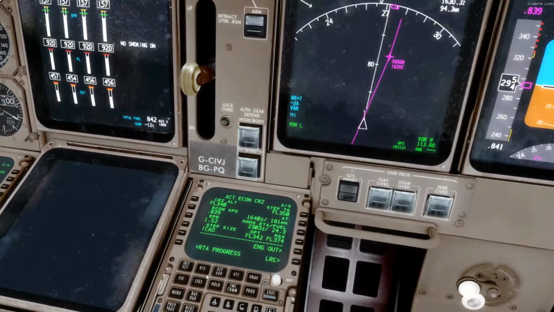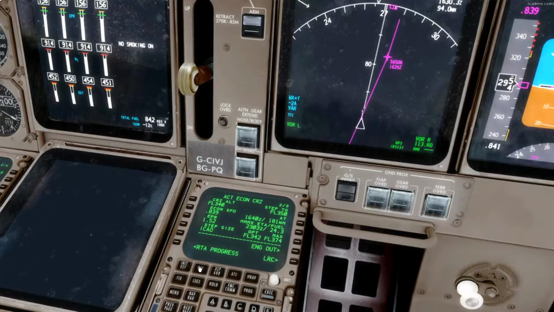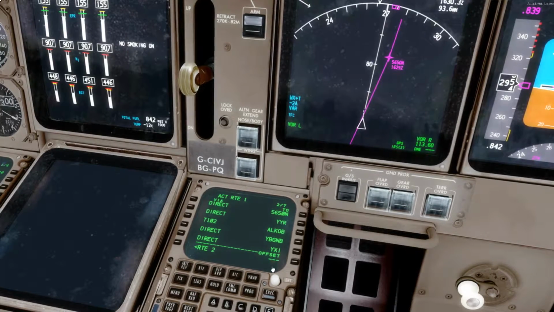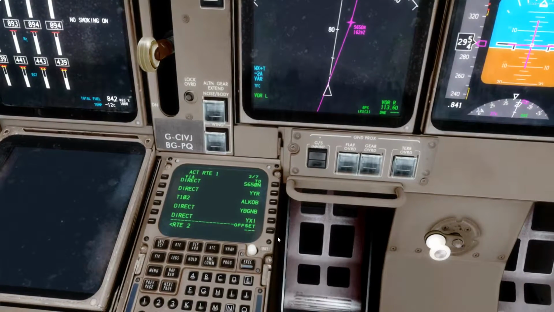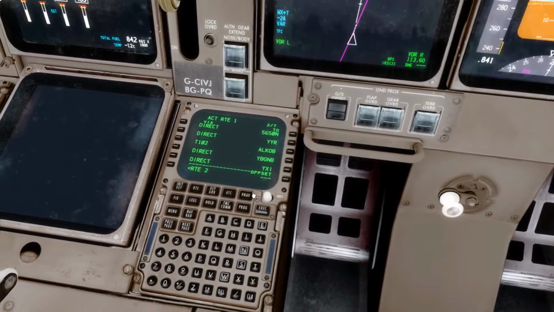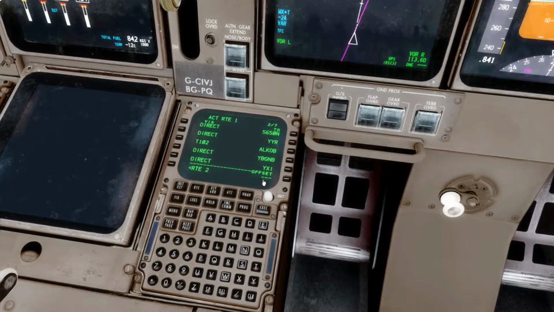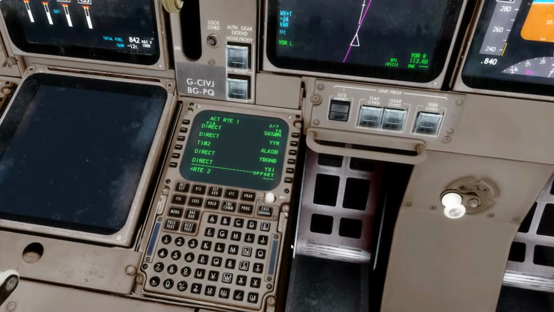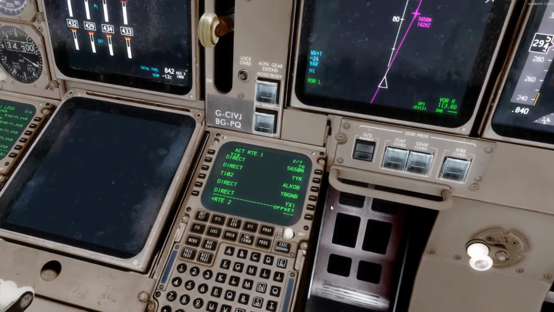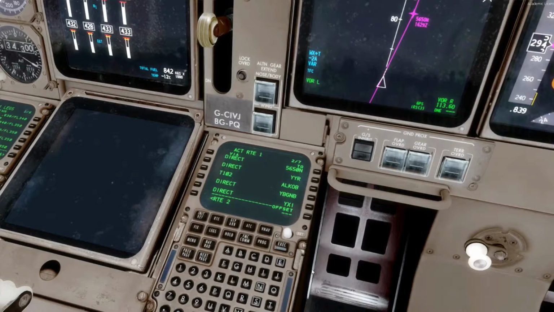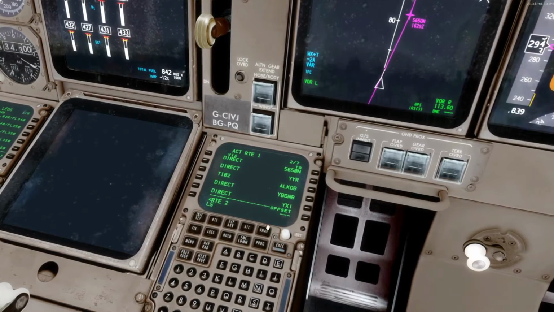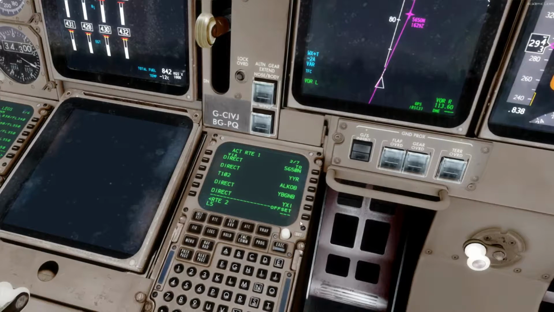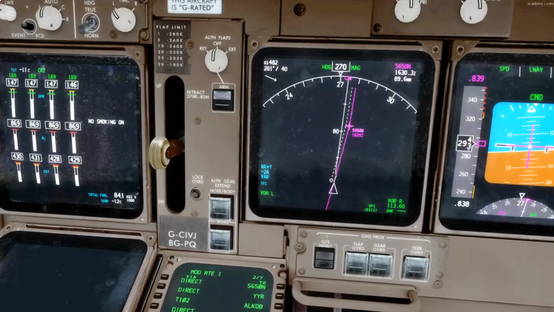We go down to the FMC, we go to the route page, RTE, just here. And on the right hand side, line select key 6 on the right, you'll see offset with 3 dashes, indicating that there's space for letters and numbers. So left 5 miles is what we agreed, that's what ATC have cleared us to do. So what we do is we go L5, so left 5 miles, and obviously for right it would be R. Enter that into the box,